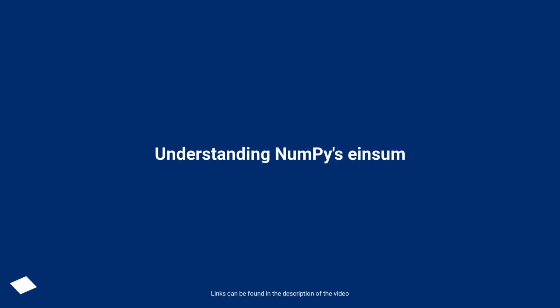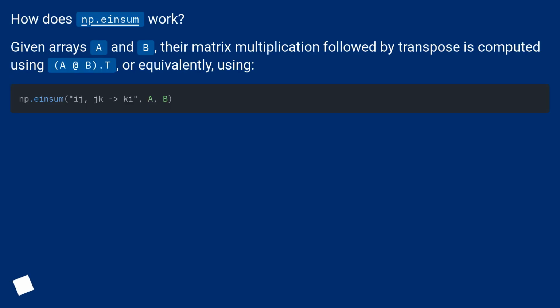Understanding NumPy's einsum. How does np.einsum work? Given arrays A and B, their matrix multiplication followed by transpose is computed using A at B dot T, or equivalently, using